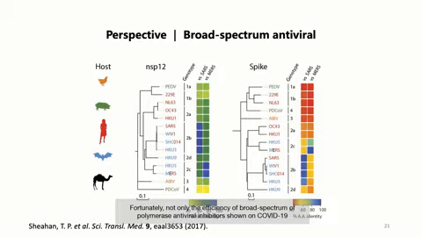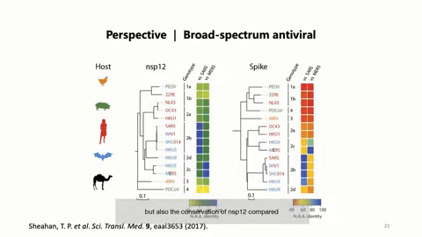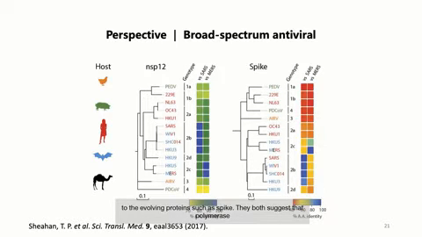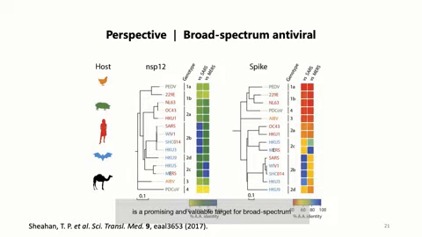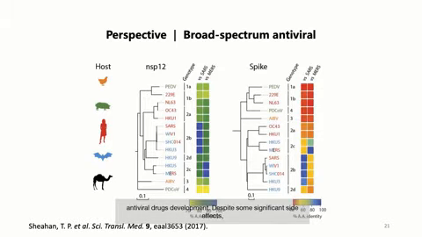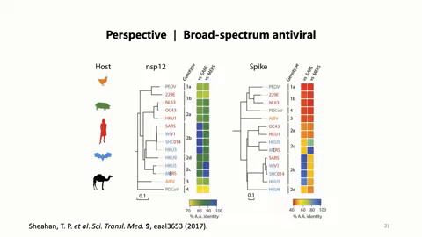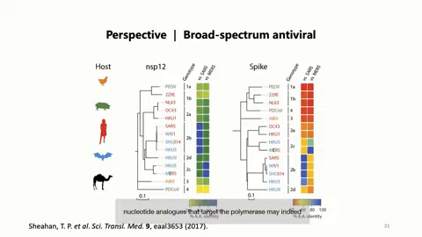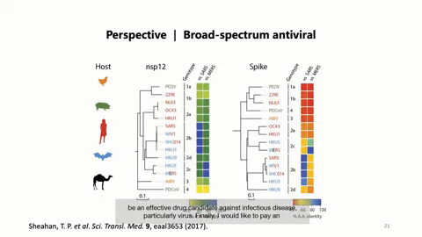Fortunately, not only the efficiency of broad-spectrum polymerase inhibitors shown on COVID-19, but also the conservation of nsp12 compared to the evolving proteins such as spikes. They both suggest that polymerase is a promising and valuable target for broad-spectrum antiviral drug development. Despite some significant side effects, nucleotide analogs that target the polymerase may indeed be effective drug candidates against infectious disease,